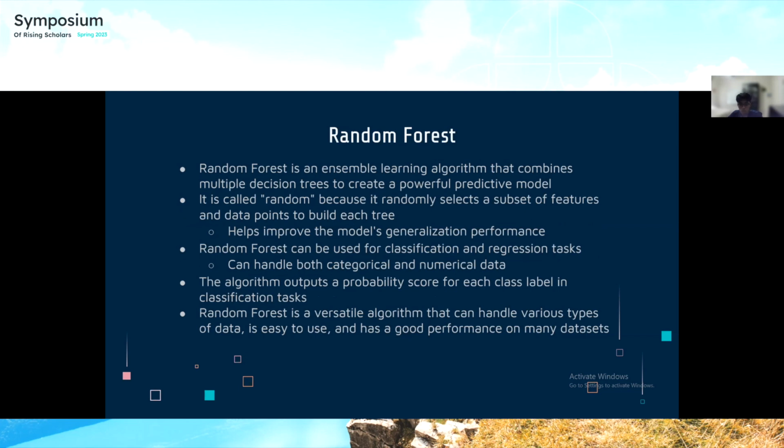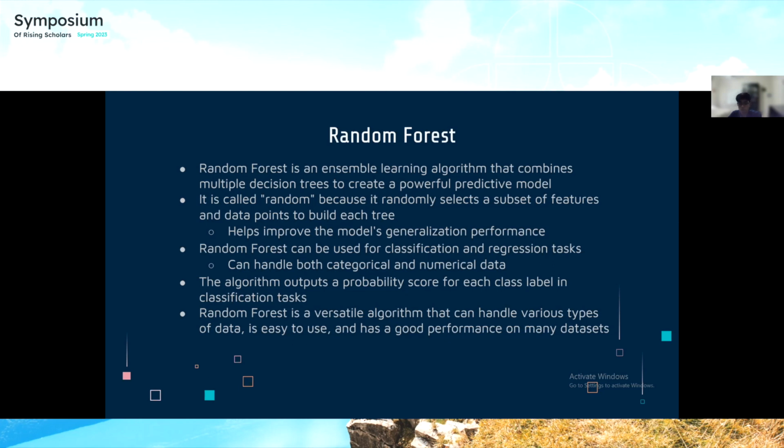Second, we have random forest. Random forest is an ensemble learning method which combines the decision trees that we mentioned earlier. Essentially, a decision tree is a set of rules, and the random forest divides the data set that is passed in as input into various decision trees, which then use specific rules in order to analyze each part of the initial data set. The random forest model is called random because it randomly selects a subset of these features to build each of the original trees.